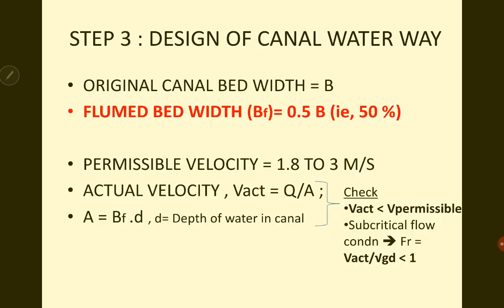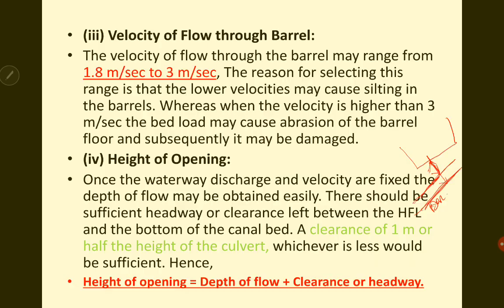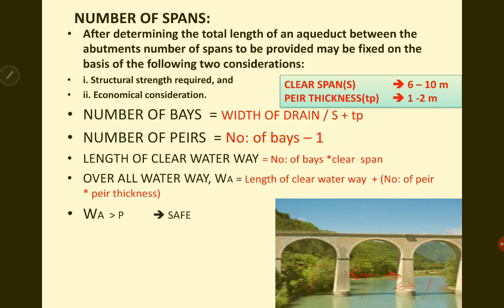The next step is to design the canal waterway. So in step number 2, we have fixed the drainage waterway, that is river waterway. So this is the view that we are going to fix here. First step is to fix this view, that is what is the total length, how much must be the height of these openings, number of openings to be provided, number of piers to be provided, number of bays to be provided. This view we are going to fix in the first step. Okay, now moving to the second step, we are going to the canal part.